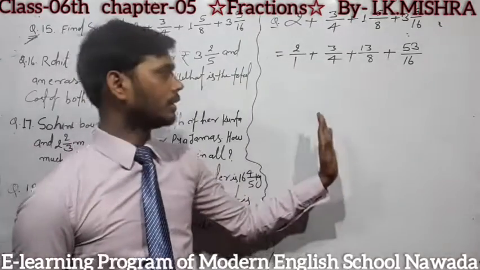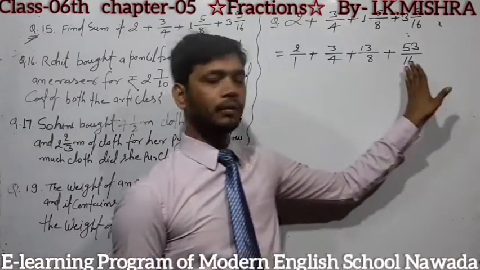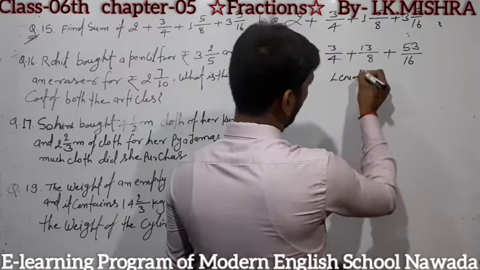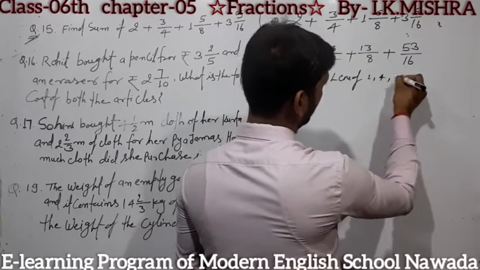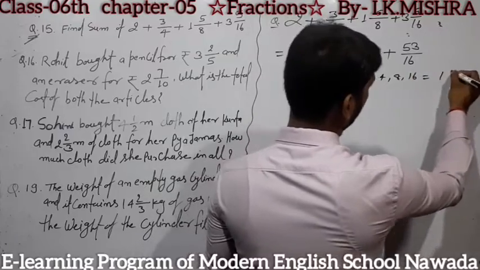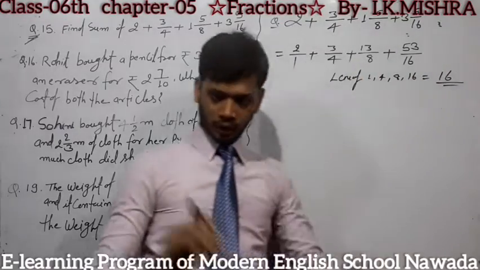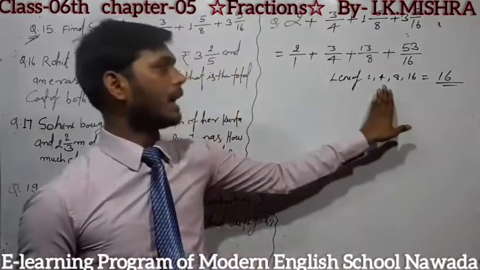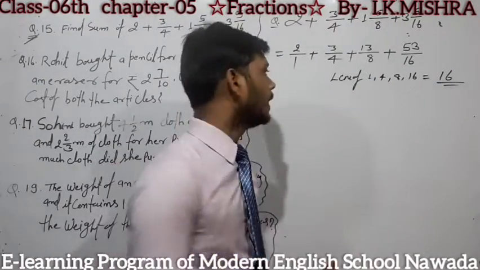After that, students, find the LCM of all of these. Here the LCM of 1, 4, 8 and 16 is equal to 16. You can check your LCM by doing the process. Here I directly write the LCM. After that,